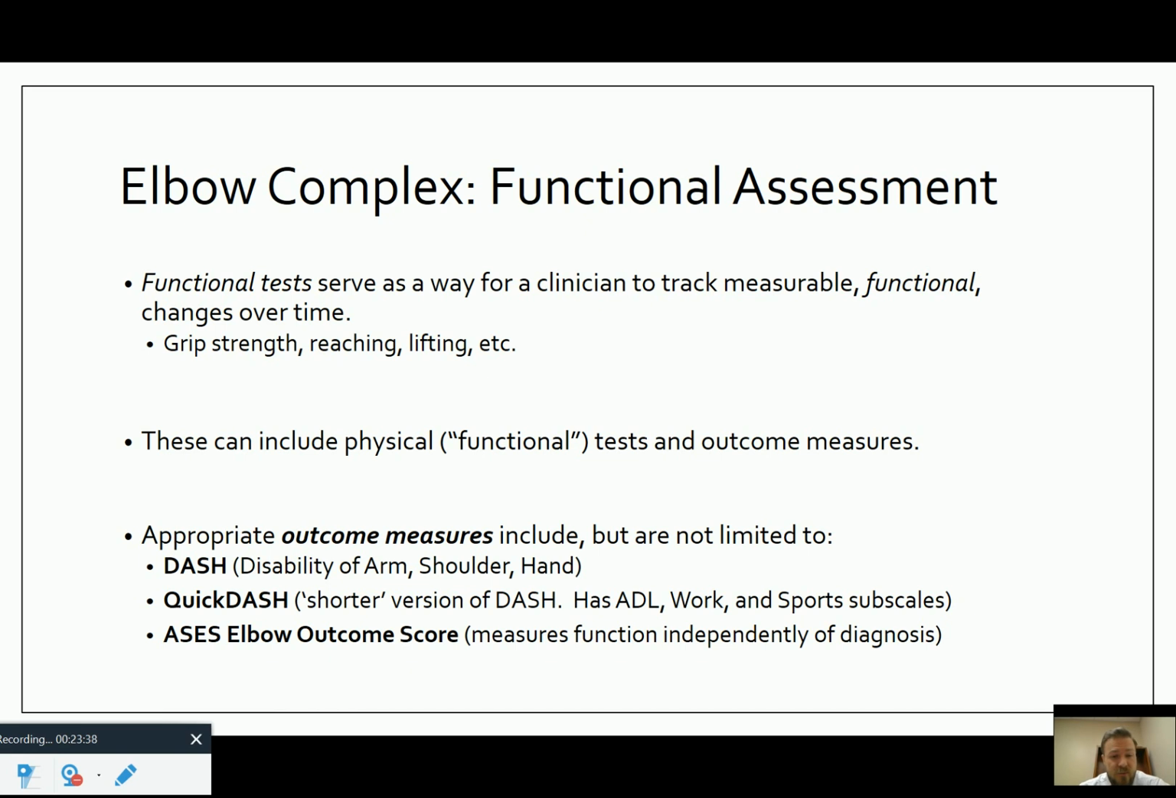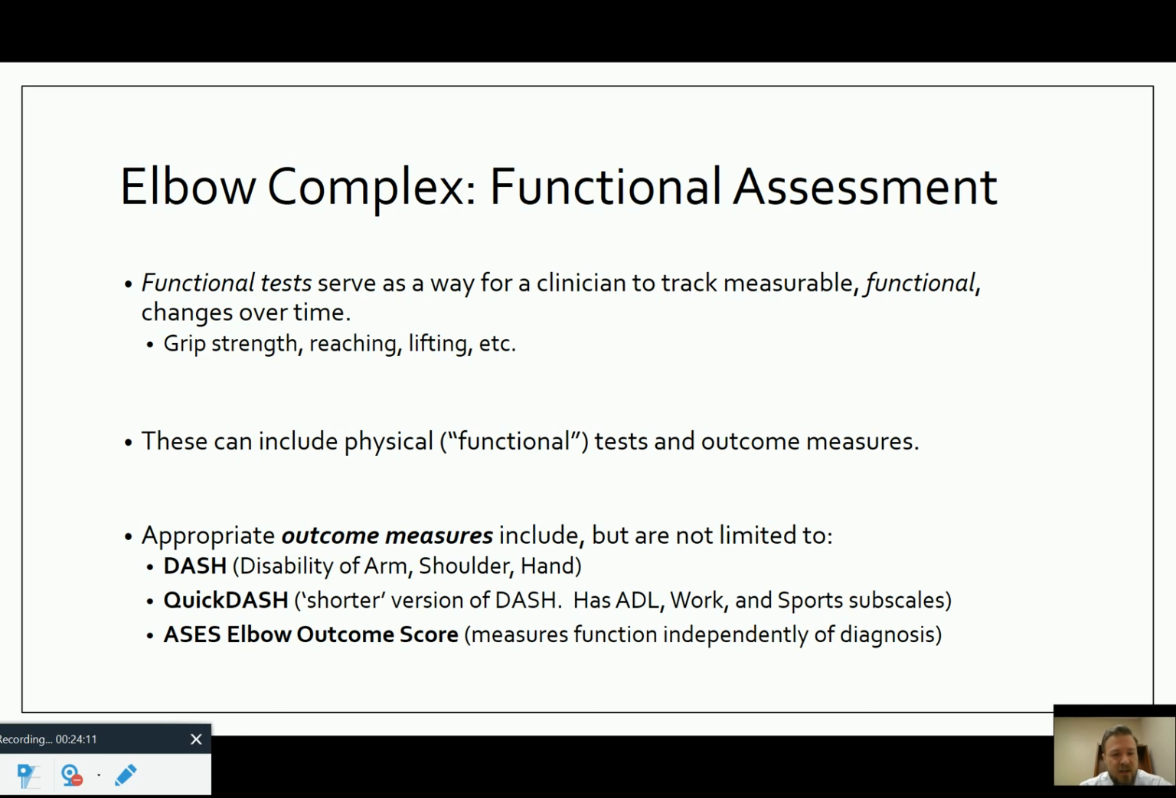The DASH, which is the Disability of the Arm, Shoulder, and Hand. The QuickDASH, which is just a shorter version of the DASH. But I love this one because it has your ADL, work, and sports subscales, so you can get a real sense of where and what areas of life this patient is having difficulty. And a lot of times in our sports cases, patients come in and on their ADL and work subscale they've scored 100% function, and then on sports they score 0, right? So that really gives you a sense of where they're at in their life